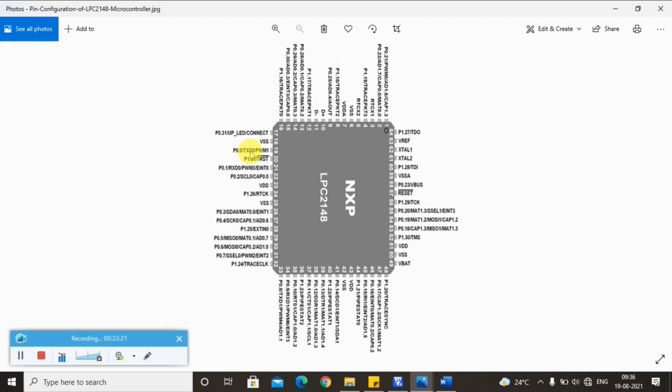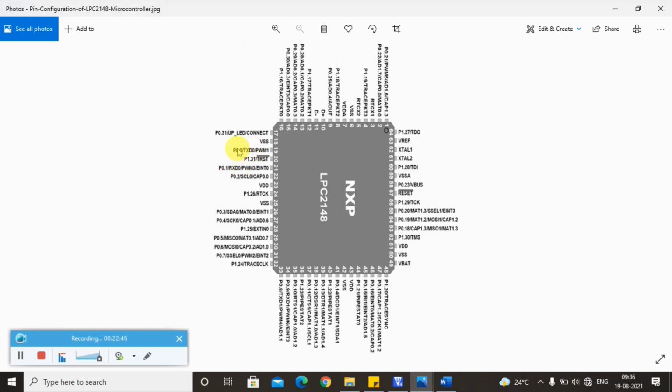There should be data sitting in the transmit hold register, and only then can you send it forward to the receiver end. So I want this second functionality. Also, in the 21st pin of LPC2148 there is port 0.1, and in that RxD0, the receiver end. So these 2 functionalities are required.